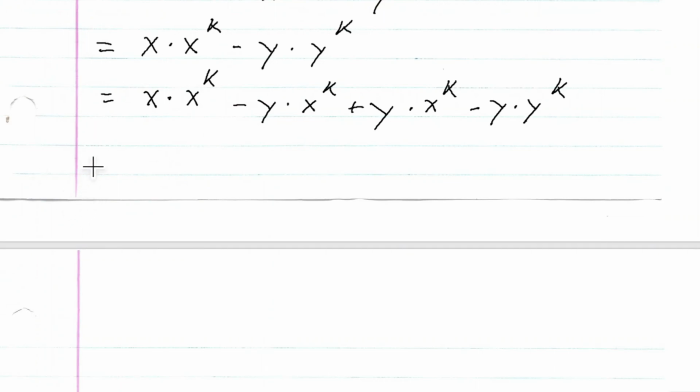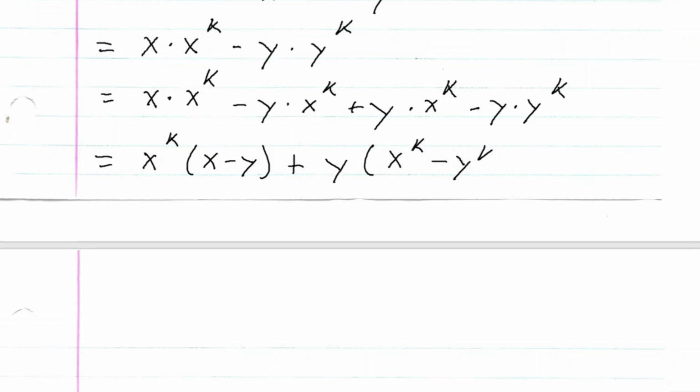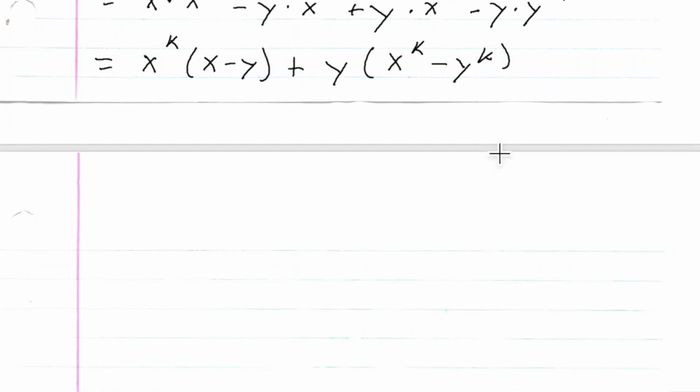Okay, because now I can factor out x to the k here. So x to the k times x minus y plus, and I can factor out a y here, y times x to the k minus y to the k. And this is what I have here. I have, of course, x minus y divides itself, right? And from the assumption, I know that x minus y divides x to the k minus y to the k, right? So this implies that x minus y